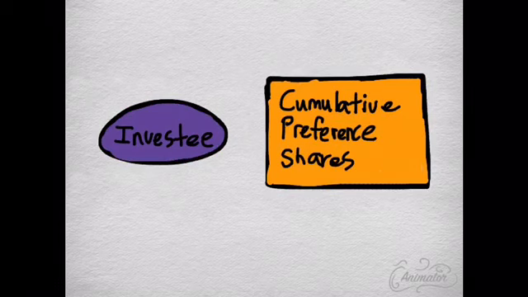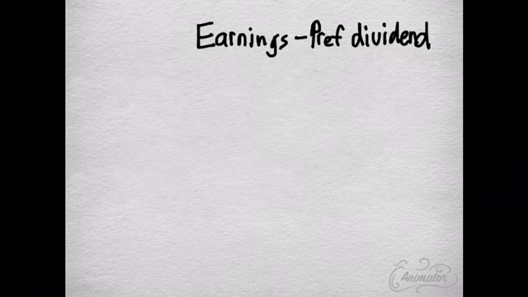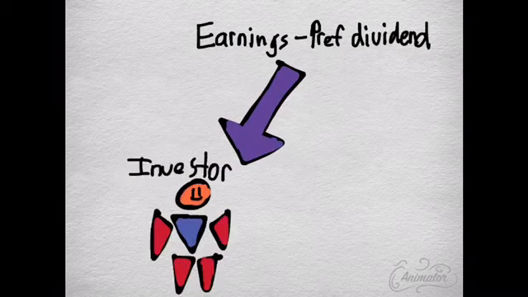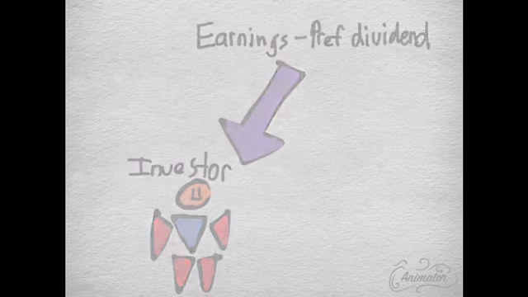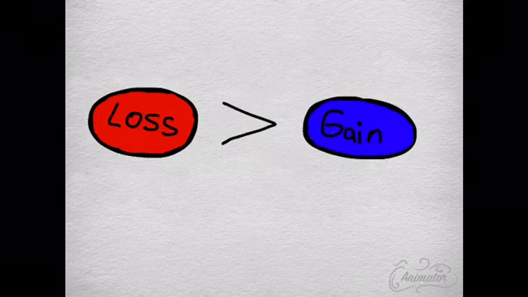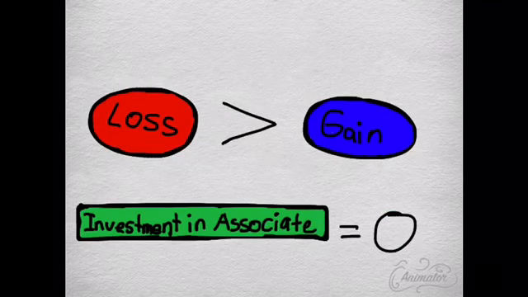Sometimes the investee also owns cumulative preference shares. If that's the case, what the investor would receive is the amount of earnings less the preferred dividends. Not ordinary dividends, but preferred dividends. There are also times that the loss of the investee and the investor would be higher than the gain. If that's the case, we would never recognize investment in associate, only the deposits that were made by the